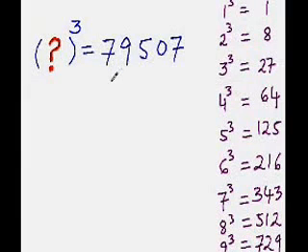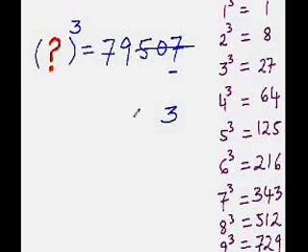Okay. So now find out what would be the cube root of 79,507. Look at the last digit here. It is 7, and you know that 7 is a part of conjugate pair. So what is the conjugate of 7? 10 minus 7 is 3. So write 3 here and immediately strike out the last 3 digits. Now look at the number that is left. 79. So what is the number that has its cube near 79? It is 4, isn't it?